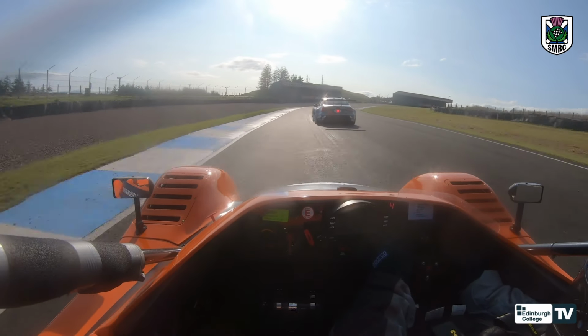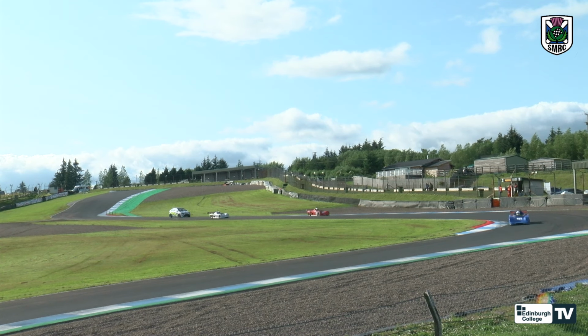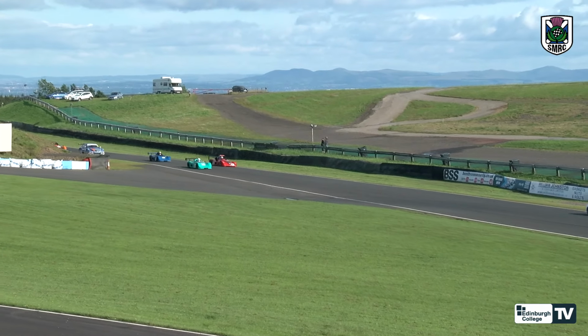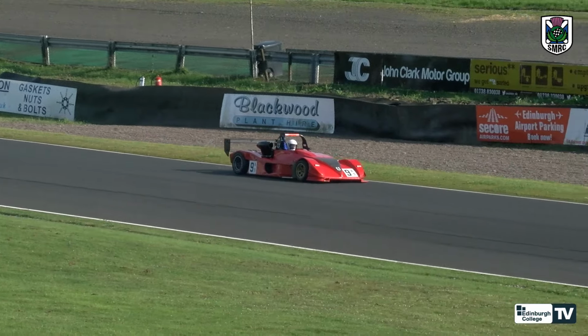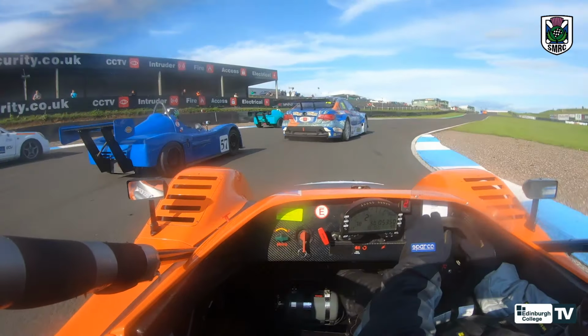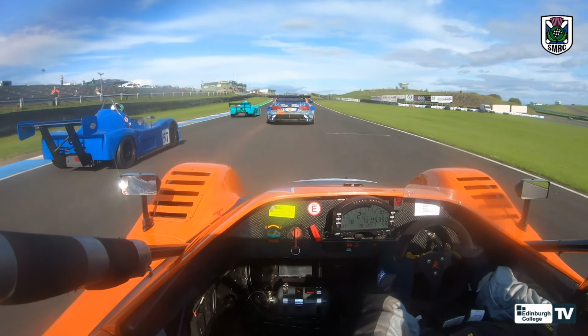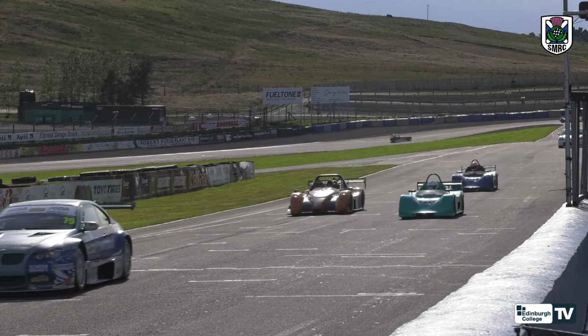As we look back now towards the orange Radical, as he follows Paul Bryden through Clark Corner, and Will Robson has a look at Global Lights, and that is a very slow Ron Cumming in towards the hairpin. Now, has that car sustained some damage with that incident with Ali McMillan at Duffy's Dip? As MacArthur pulls out and passes 57, that's Jake Byrne,